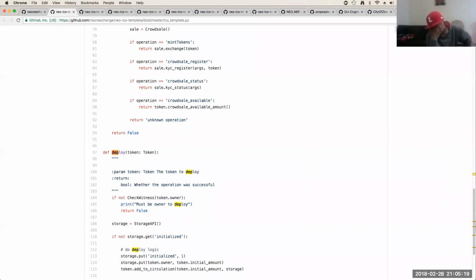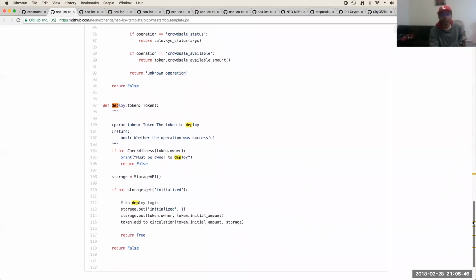Okay, so we check to see if that key exists. If it doesn't exist, then we set that to true. We put the token owner with the initial amount, and then add to circulation token dot initial amount in the storage.